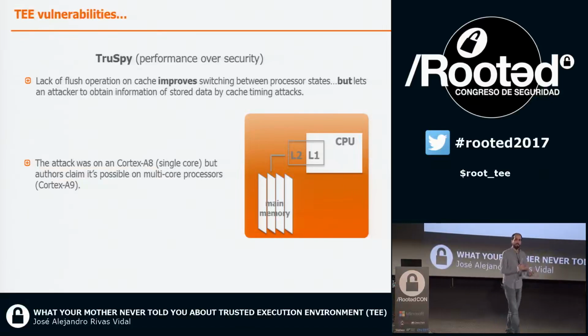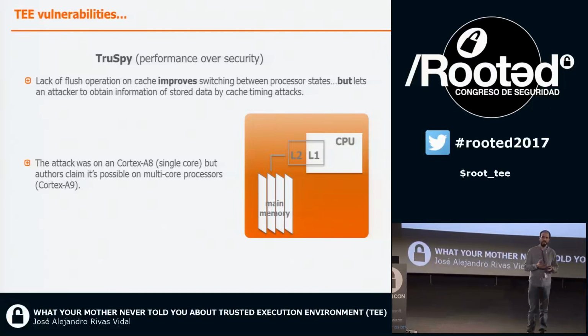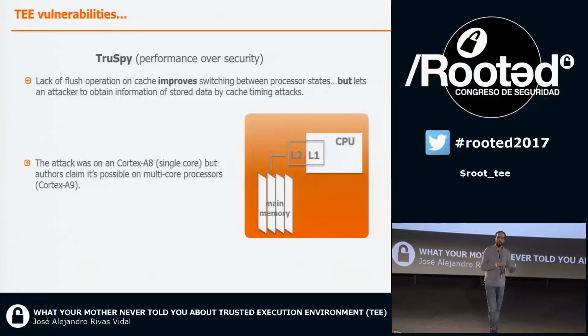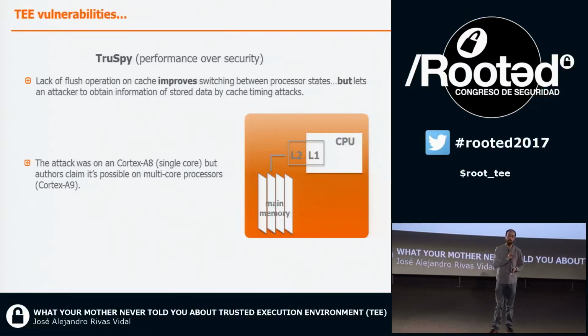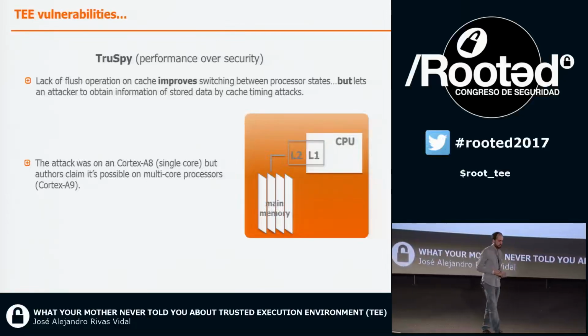And through this piece of research, it was discovered that these processors are not using the flush function in the cache. And even though it's not possible to have direct access to the cache memory set aside for the TEE usage, they were able to recover the AES code in the cache memory through timing attacks. These are complex attacks,